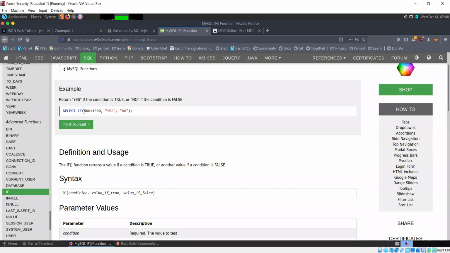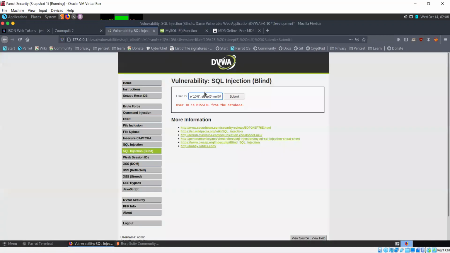SELECT IF(500 < 1000, 'yes', 'no'). If this is true, then yes will be returned. If this is false, then no will be returned. Similarly, what we're doing in this case, if our condition is true, if the version variable does start with 10, then sleep 5 will execute, otherwise nothing will happen, null. That is what we have submitted.